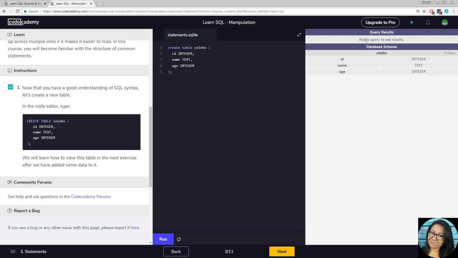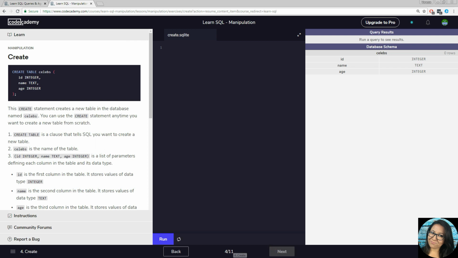Nothing comes over here when you run a create statement because you're not asking a query of the database, you're actually putting something into the database. So there's no query results to show. So let's move forward to the next lesson,